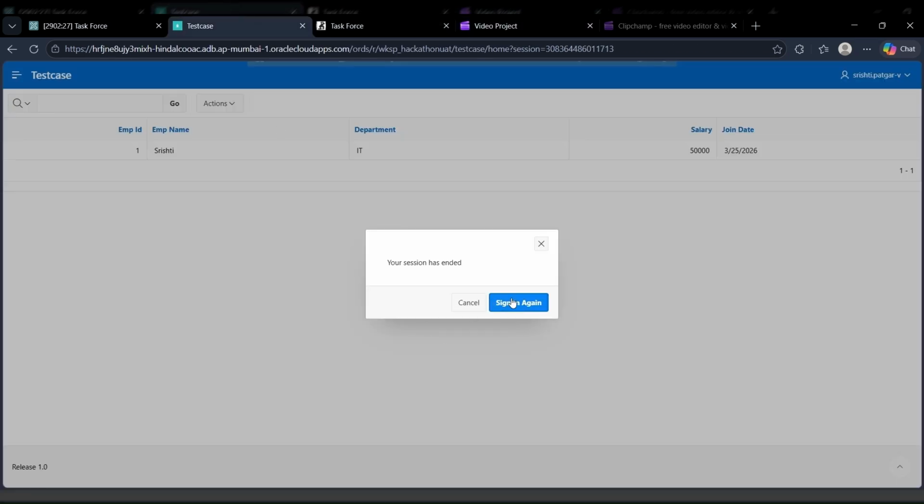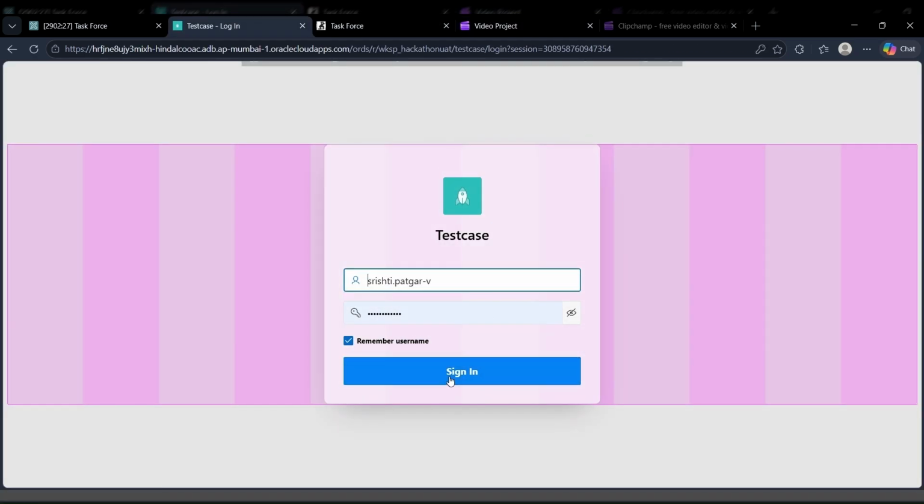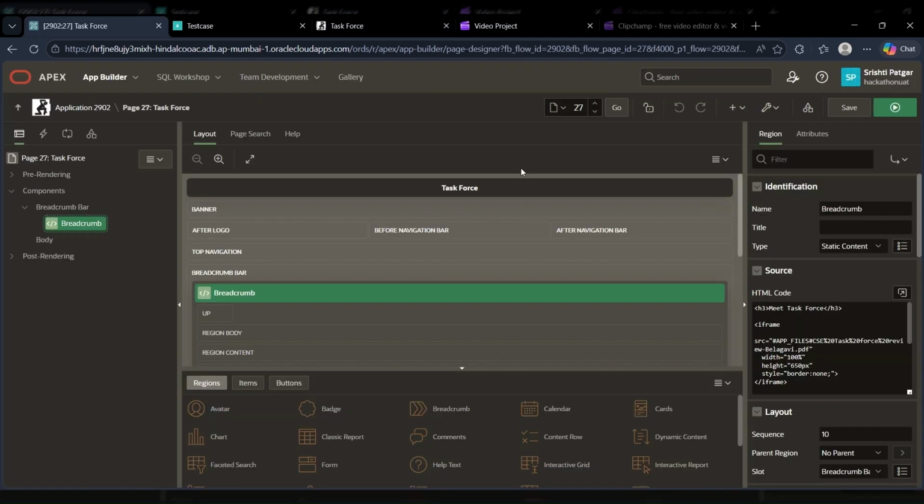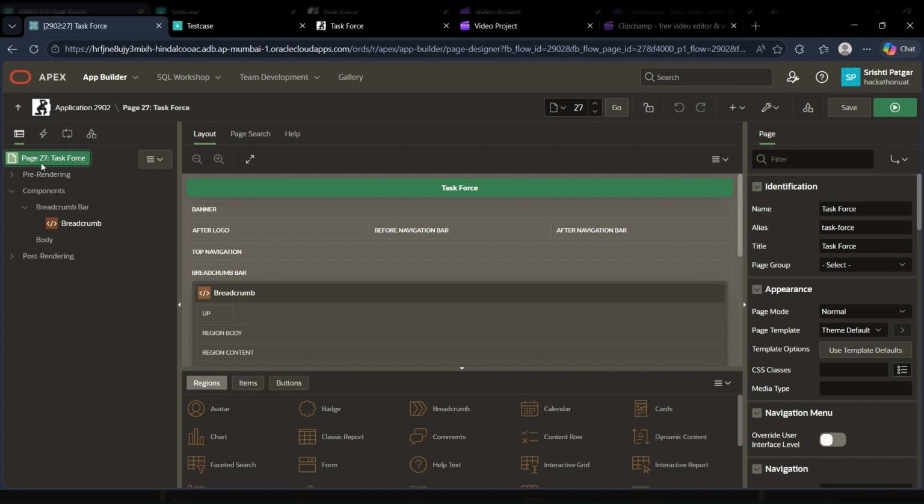Okay, so we'll go to the page sign in. So here, if you're in any kind of dashboard or on a home page and you want to get back to where you can actually work in the backend, you can just click on Quick Edit and come to this page. In this page, you have, first of all, the page number, that is page number 27, and the name of the page. Here, you can name it whatever you want.